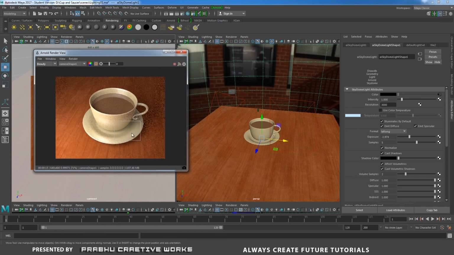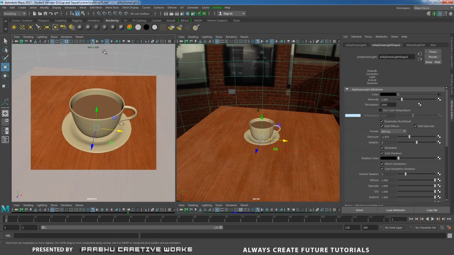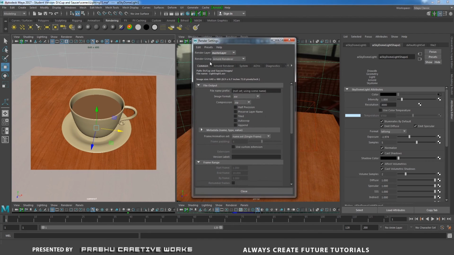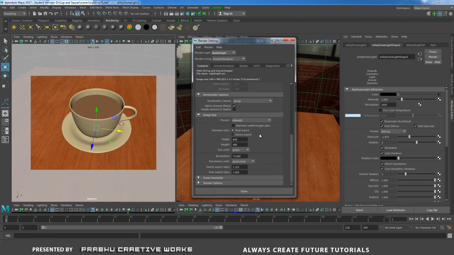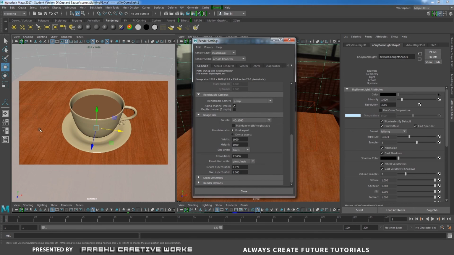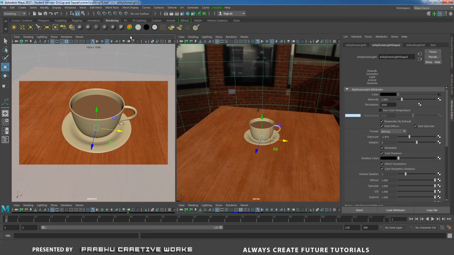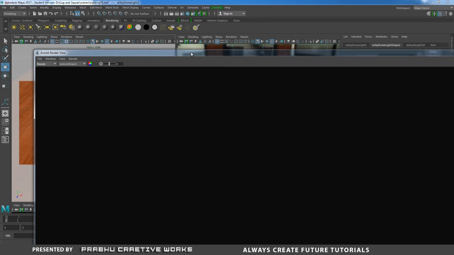So now we want to take a full render with full HD. So I will close this one. Now go to render settings. In the common tab, here you need to set something. In image size, you need to give full HD 1080. So I will render this full region. So when you take a render with full HD in Arnold render view,